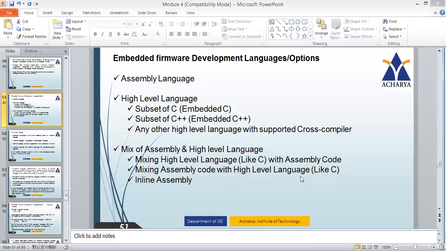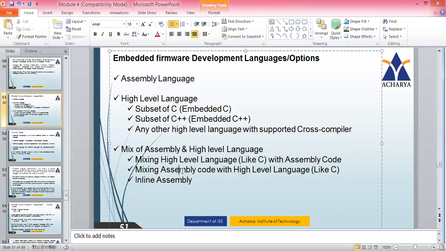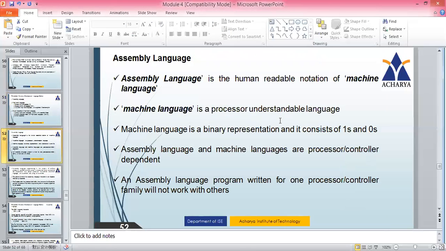Or the entire program is in C, and somewhere you call an inline function. This you would have studied in C++. An inline function is like a macro. When you call that particular inline function, the code will be in assembly. The entire program is in C, there is one particular inline function, but the code for that inline function is in assembly. So that is also possible. This is mixing of both assembly and high level language. So there are three types: completely in assembly, completely in high level, or a mixture of high level and assembly code.